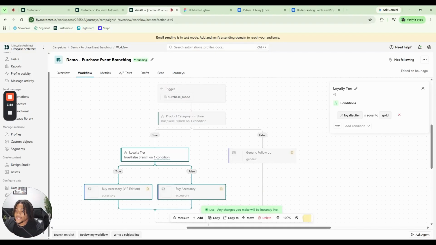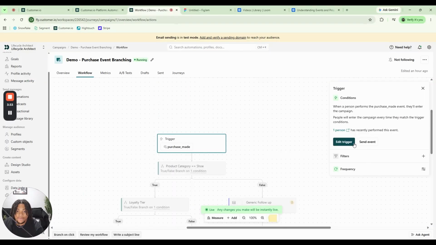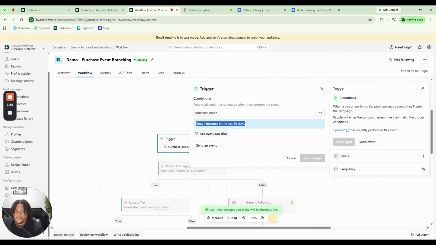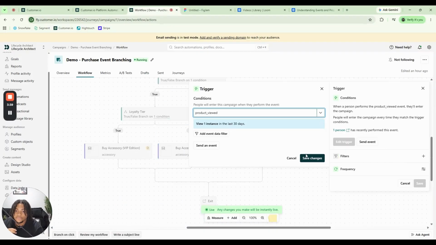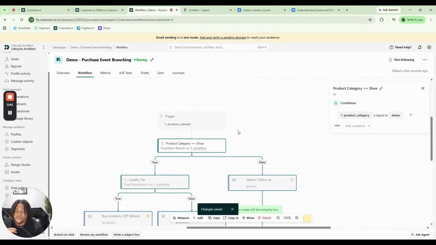So one important limitation that you may come across in customer.io is that you can only do these splits on event properties if that event is the event triggering the actual flow. So for example, if I trigger this flow with product view, and then I want to do a split,